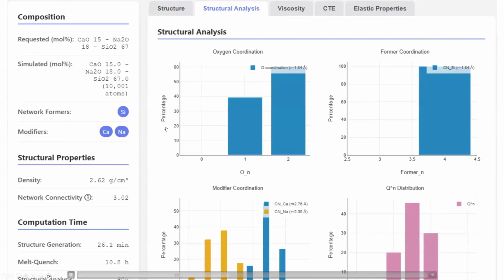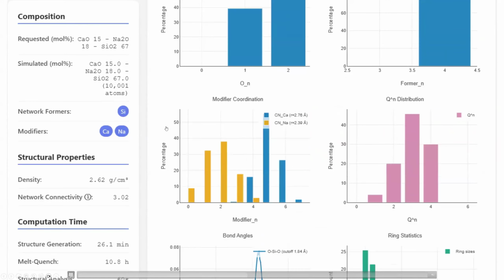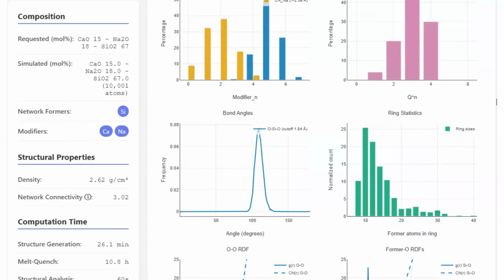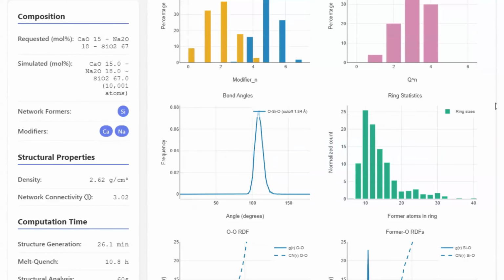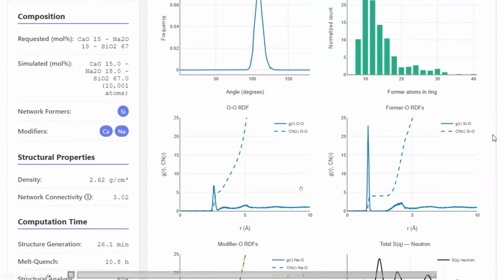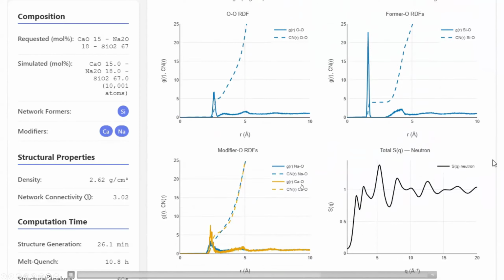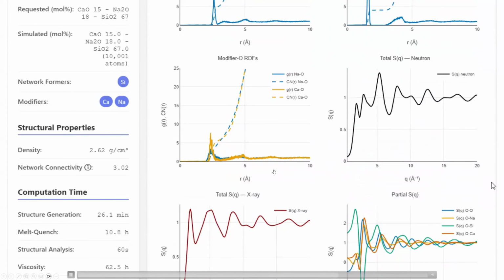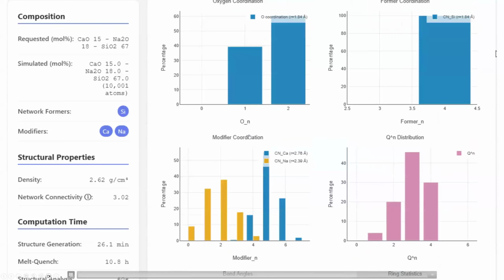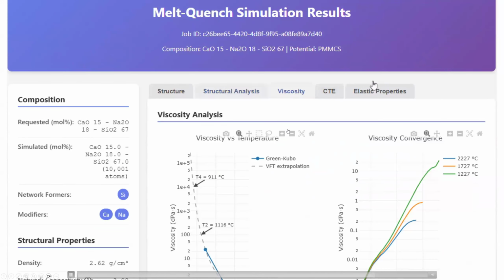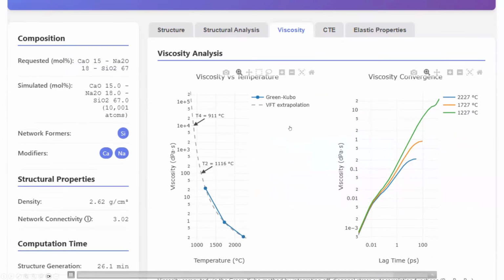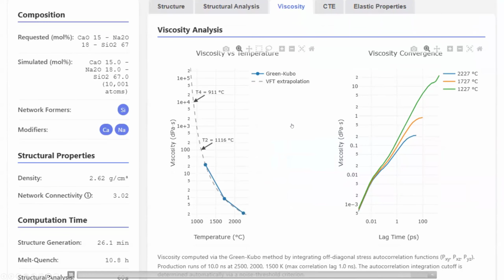You can look at the statistical structural analysis, meaning, what I said, radial distribution function or ring statistics, structure factors, and so on, that are computed for this glass structure. And then look at properties like high temperature viscosity, coefficient of thermal expansion, elastic properties, and so on.